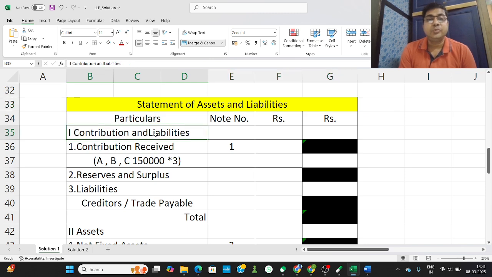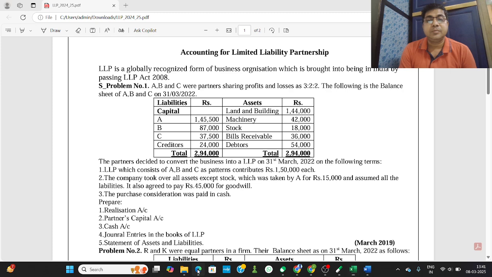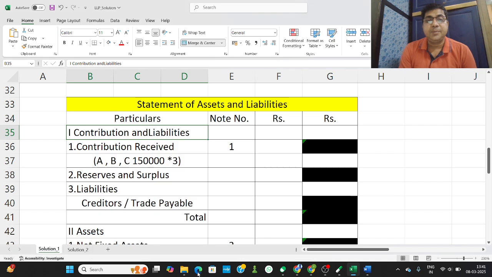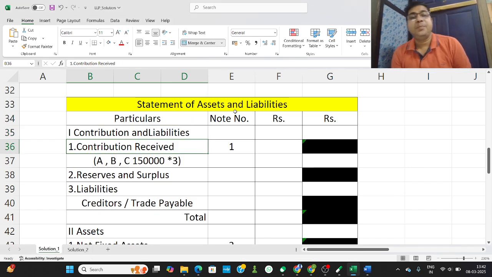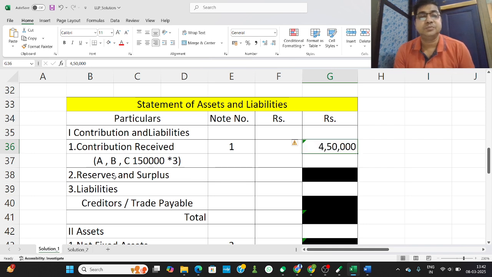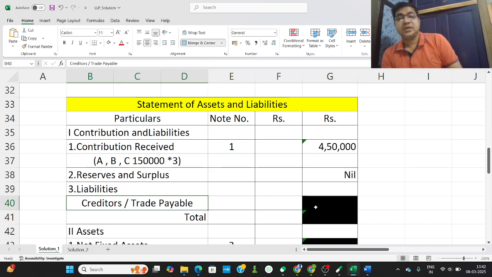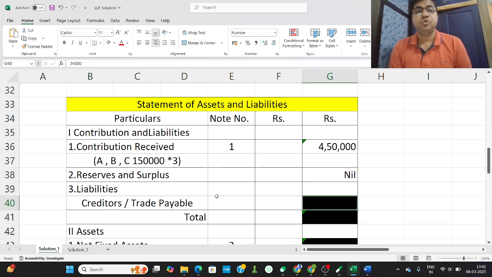First item, contribution and liabilities. Contribution received, because I already informed that all partners brought 1,50,000 each. So this 1,50,000, where will we record it? It is recorded in the statement of assets and liabilities. 1,50,000 into 3, the total amount will be 4,50,000. There are no reserves and surplus, so it is nil. Then creditors are available, that we have to show